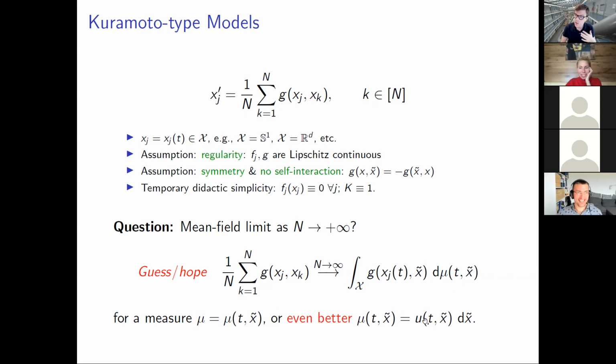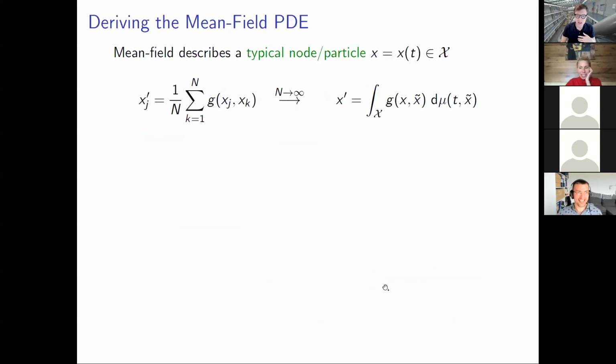And there is a density u that is the density that's evolving, or you can think of it like a probability of finding a typical particle at the position x at time t. Yeah? This is the mean field description. And indeed, you want a typical particle or a typical node. And if you do that formally, you end up with such an equation, which sometimes is referred to as the characteristic equation, but that's not closed because you need an equation for the mu, which is the typical location